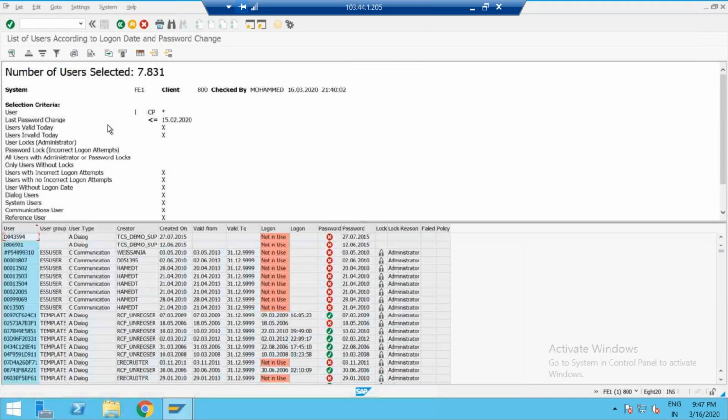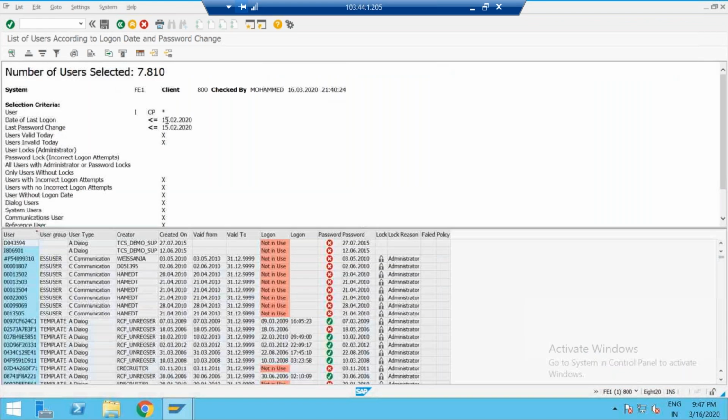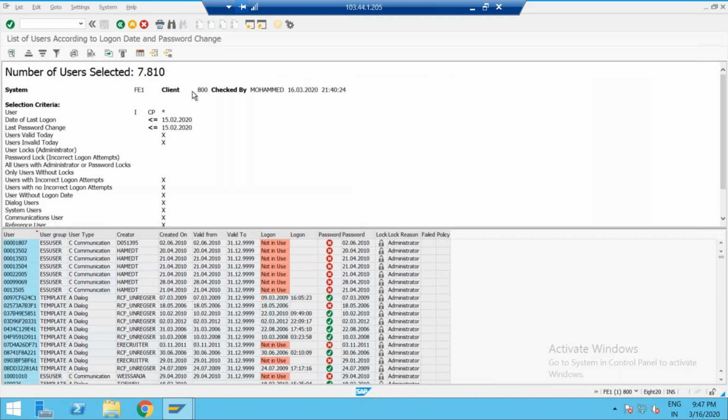Now the report is getting 7,000 members. Click on execute. 90 days is better, because if you take 1 month onwards, you get a lot of users and a lot longer detail. For 90 days, the company policy is that you have to check the password. Okay, again it's getting saved. The last date is showing as 15th 2020. One month back. Who has not logged in, and when. It is showing all the details here.